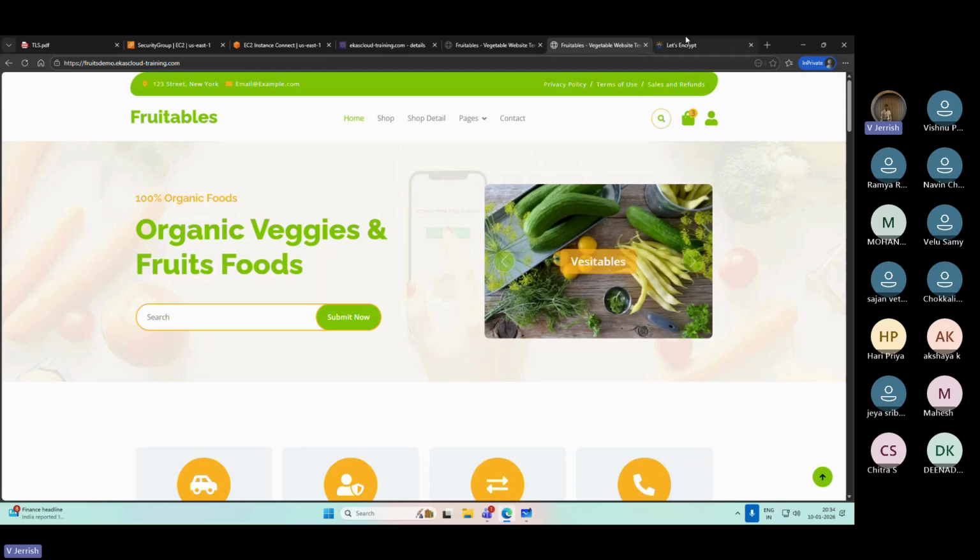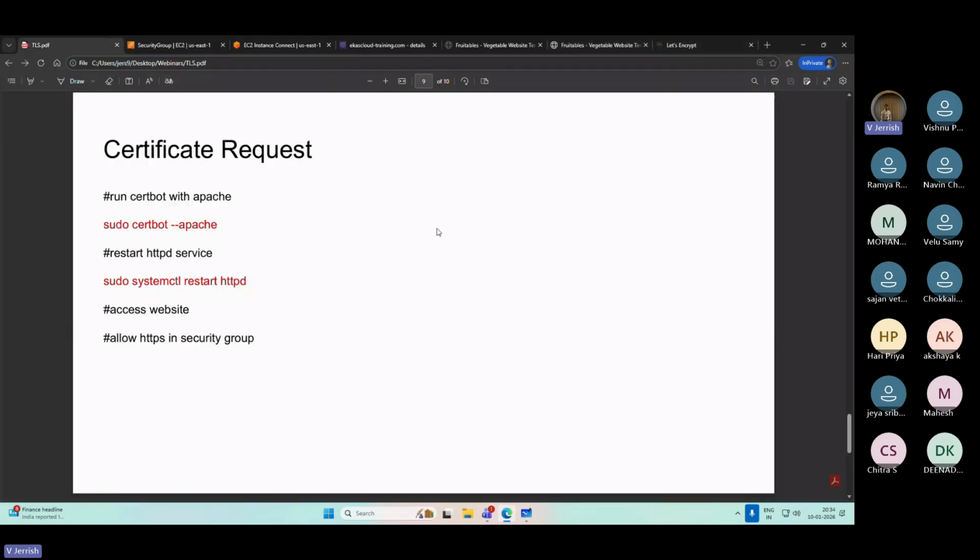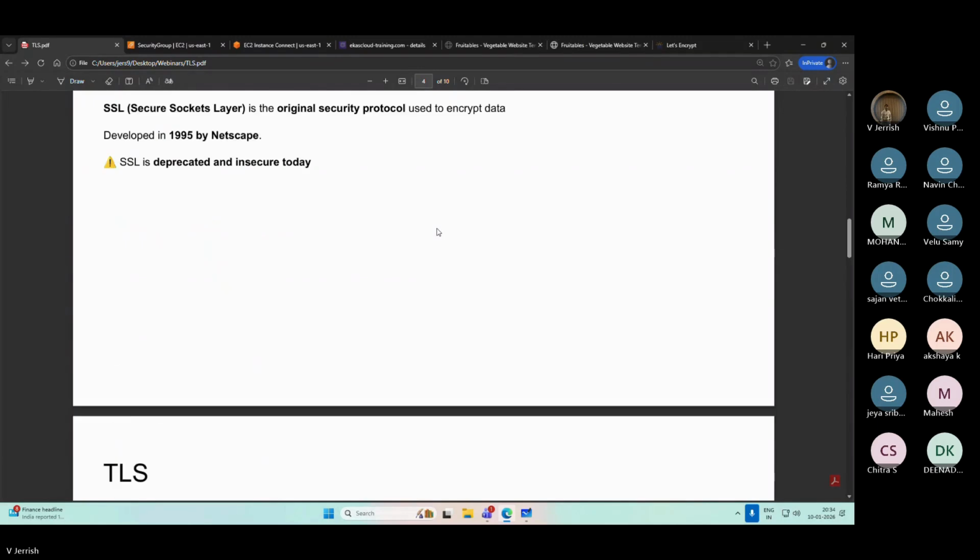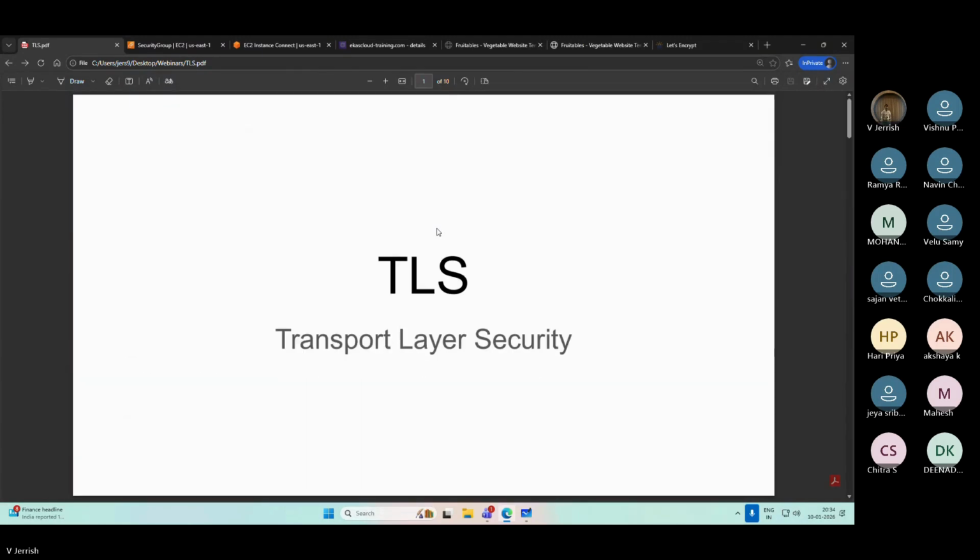Okay, so this is enough for the day. So I have taught you how to make a secure website, right, using TLS. I hope you have understood what is TLS and